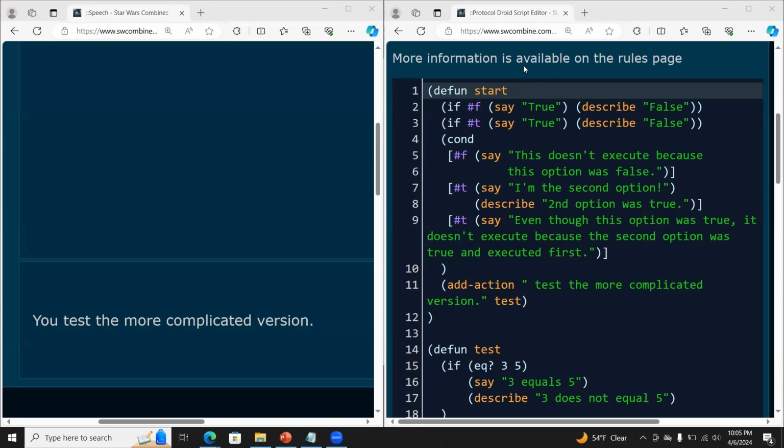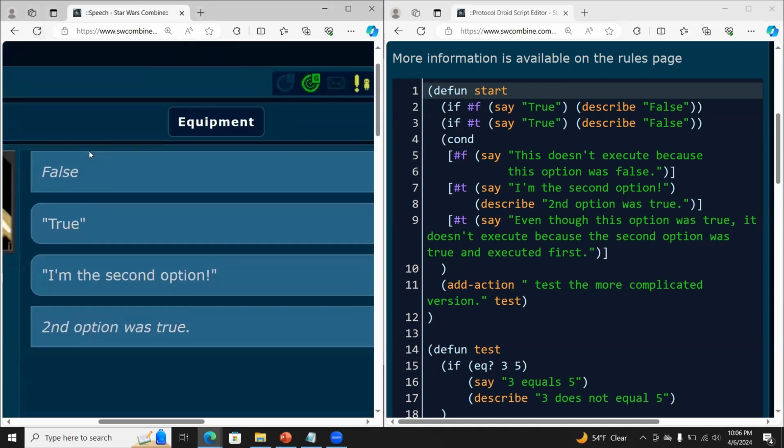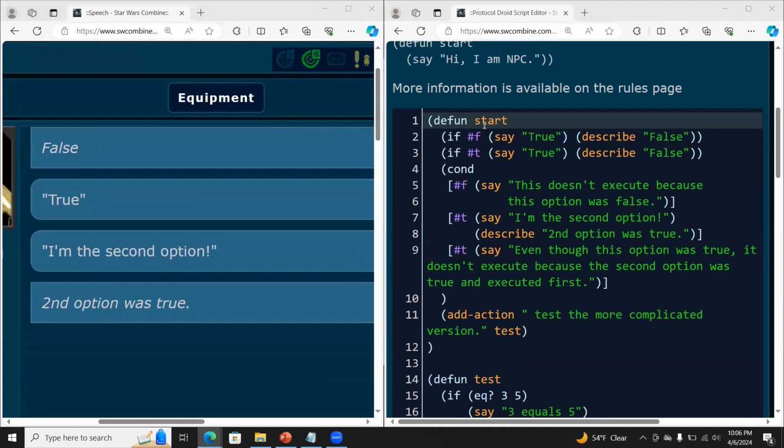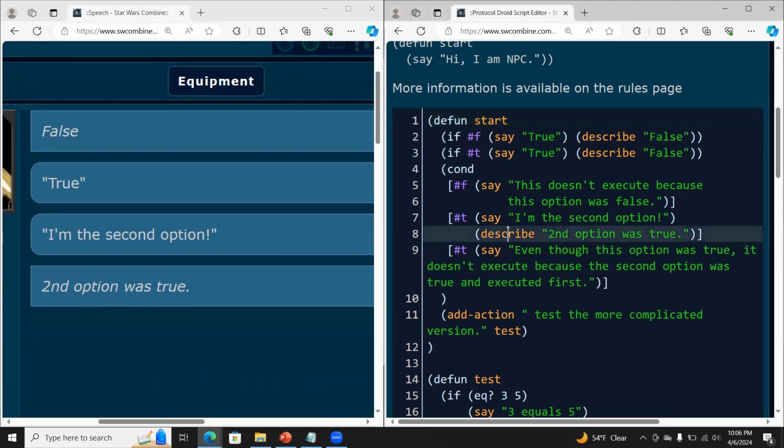Now that we understand the basics of how if functions and conditional functions work, I have a simple example script in the description of this video, which you can copy into your script. I have it copied here and I already saved it, so I'm going to go ahead and refresh. So as you know, like we said, if it's false, it'll choose the second option. So here it describes false. If it's true, it'll choose the first option. Here, true. And then in our conditional,